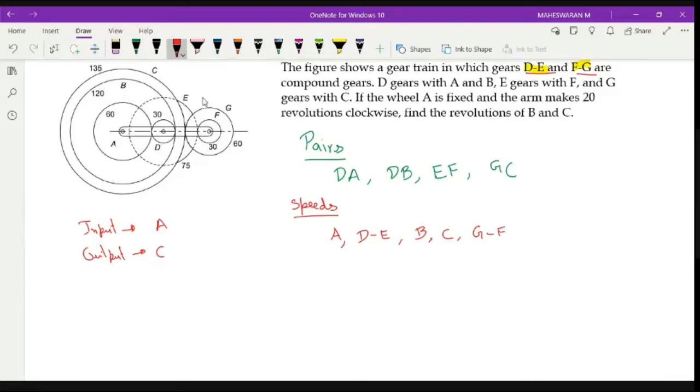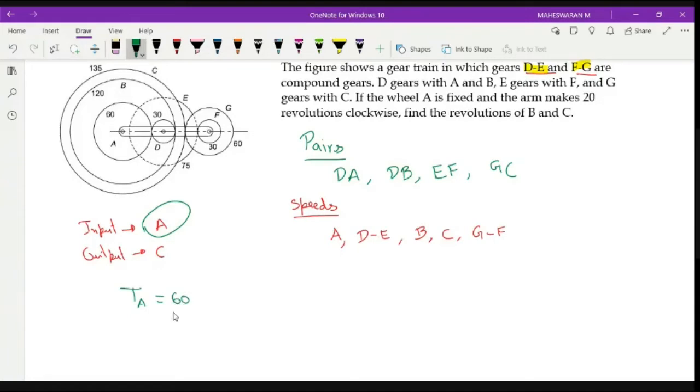But anyway, whatever we identify based on input only, we will consider all the formulas. So whatever formula we are going to derive, it has to be based on that input gear A, right? So everything in terms of A, I have to write it like that. Okay, right? We will go one by one. First, our aim is to write down the number of teeth for each gear. So we will write one by one. So they mentioned TA. So TA is given as 60.